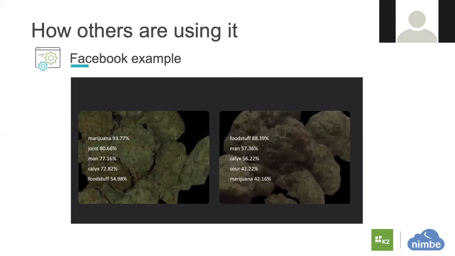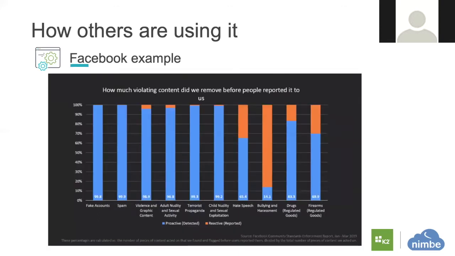And this is a real example from Facebook Marketplace, where the machines are able to identify that this is actually something which has got contents which they don't want to publish on their marketplace, as opposed to humans, where you've only got 57% accuracy for this particular example. So on a wider scale, this is publicly available data from Facebook on how they are using machine learning for doing categorization of contents.